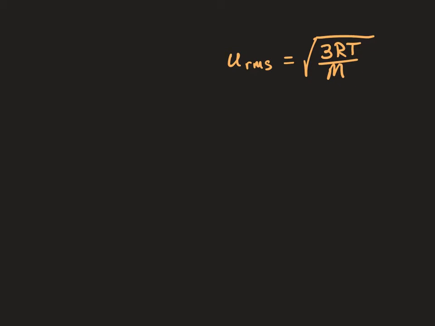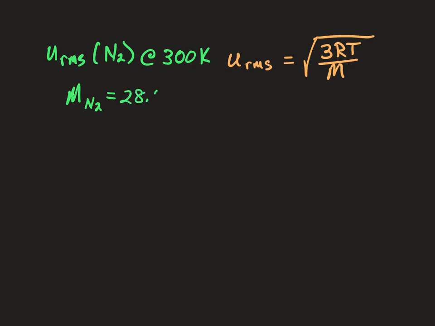So let's determine the root mean squared velocity for nitrogen gas at 300 Kelvin, right? Now, the molar mass of nitrogen gas is 28.01 grams per mole,